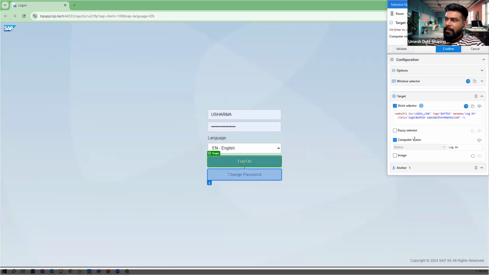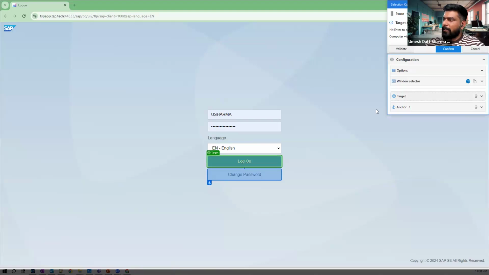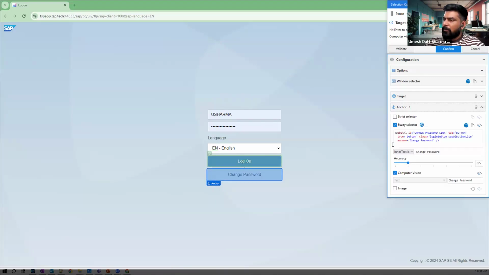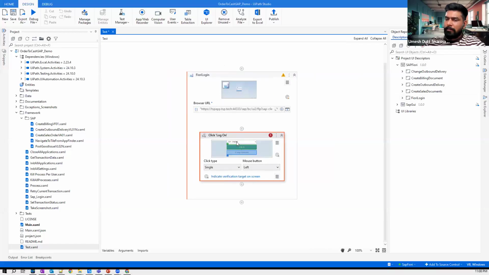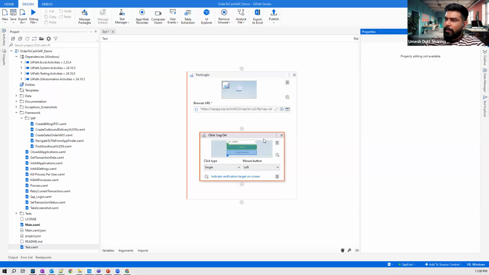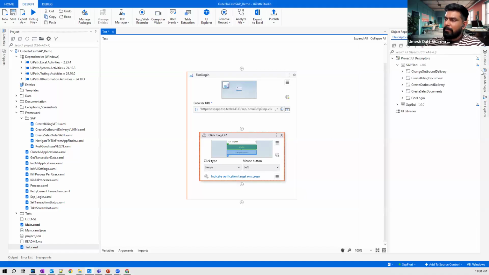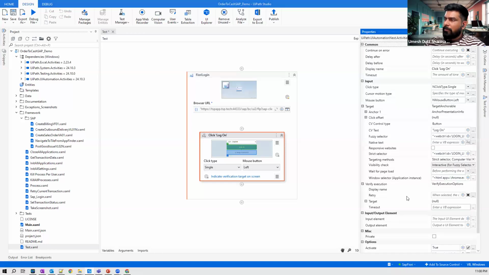So anchor, right? So if you check, so this is about the target. And now we have anchor as well. So we can again check whether the anchor element is fine or not. And it looks good. I'll just click on confirm and then it will simply save the selectors, right? And when talking about the properties for click and type into, so as you can see,